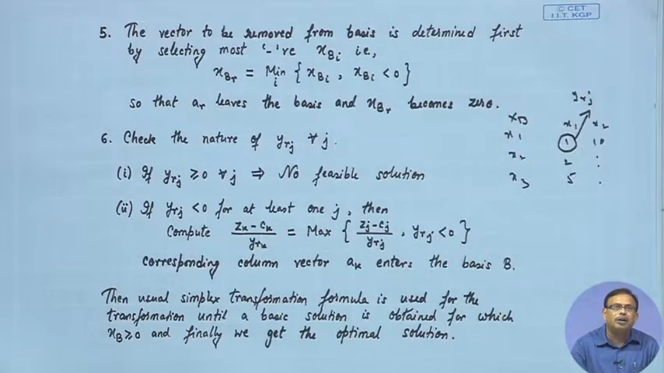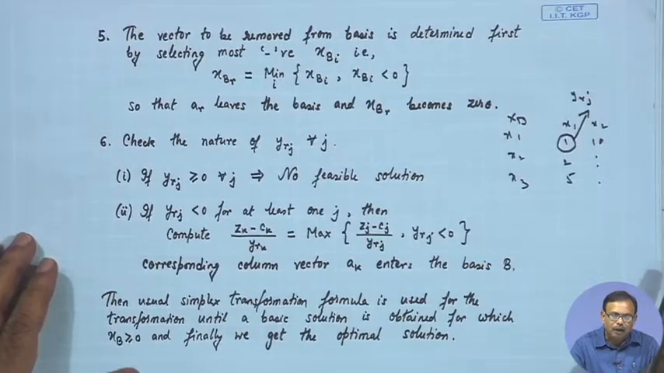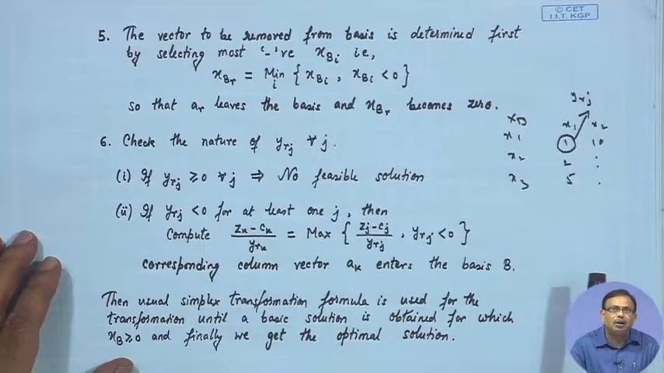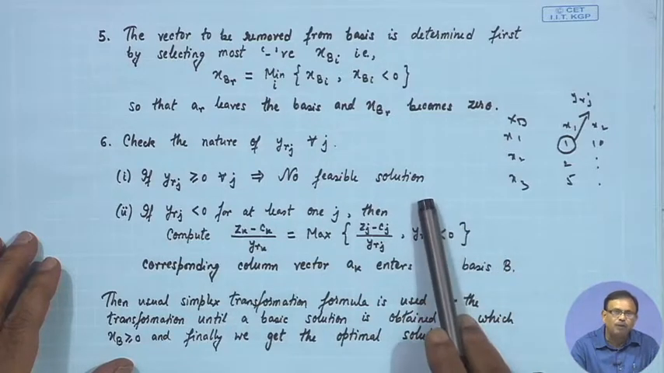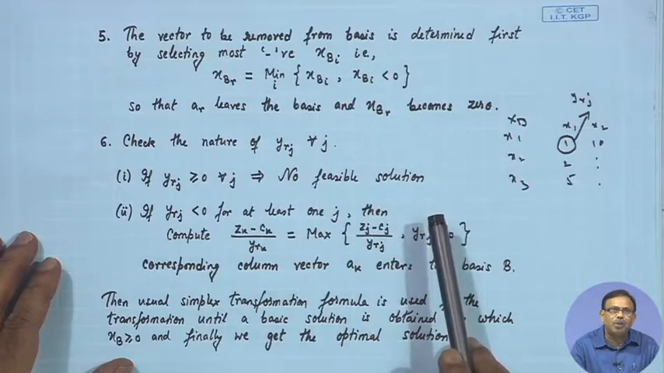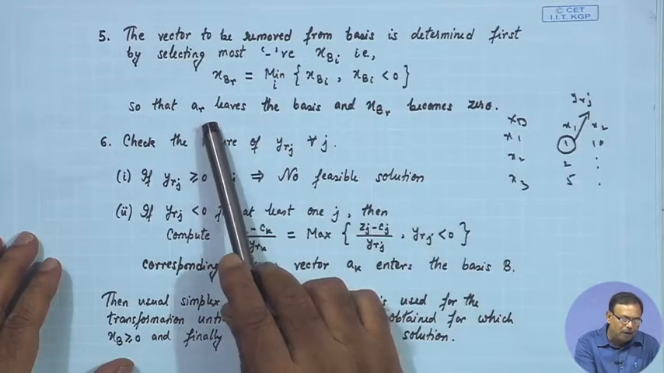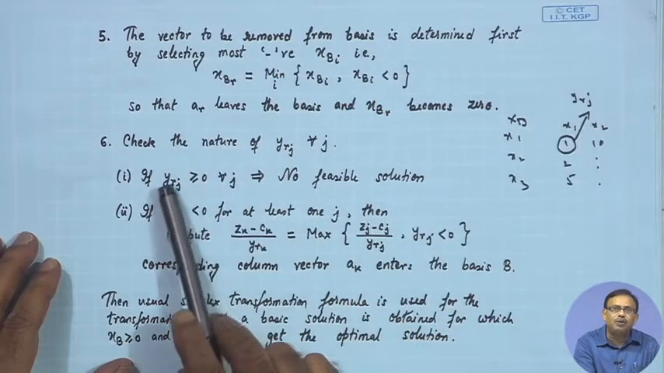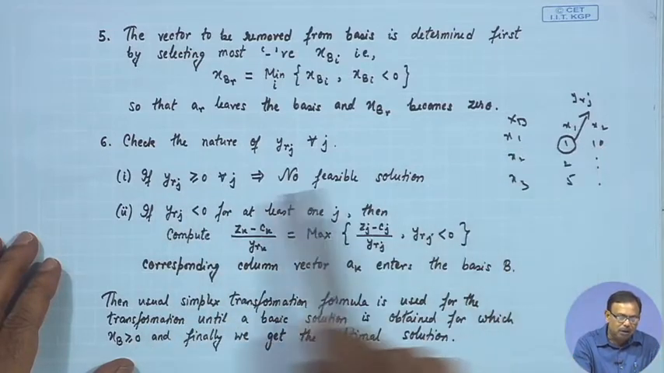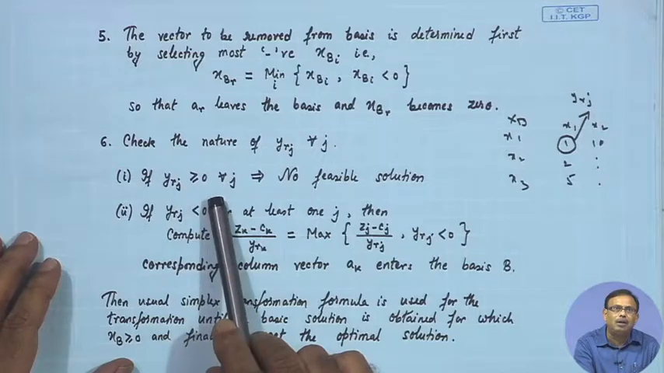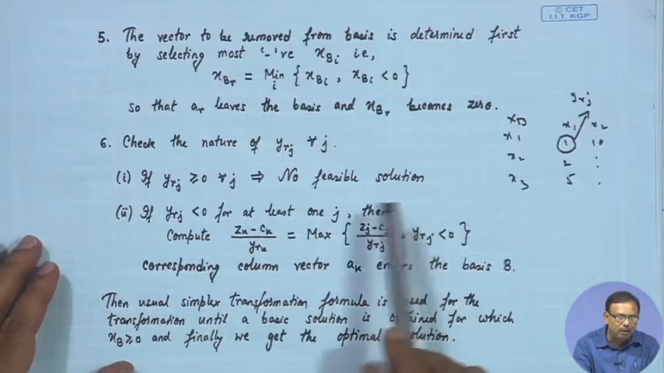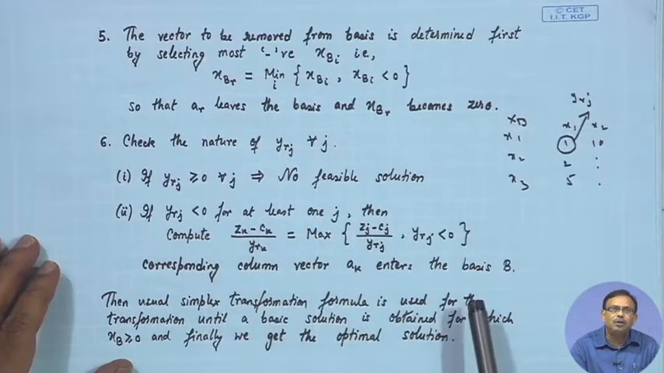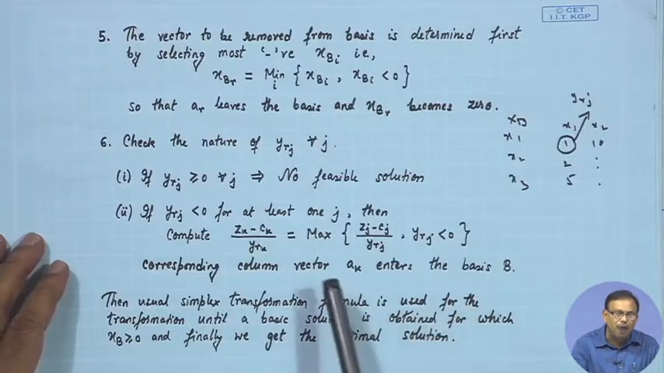If y r j is greater than or equal to 0 for all j, that is, for the departing variable all the y r j values are greater than or equal to 0, then we say there is no feasible solution. So please note that for this departing vector a r, if all y r j are greater than or equal to 0, there will be no feasible solution. Whereas, if y r j is less than 0 for at least one j,